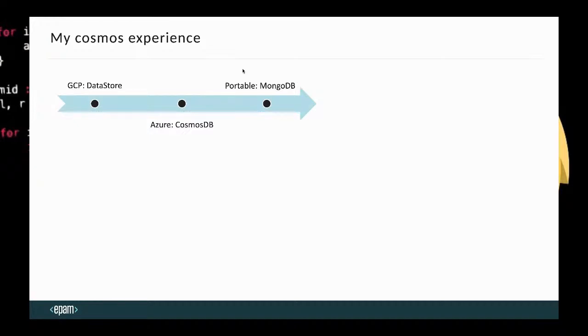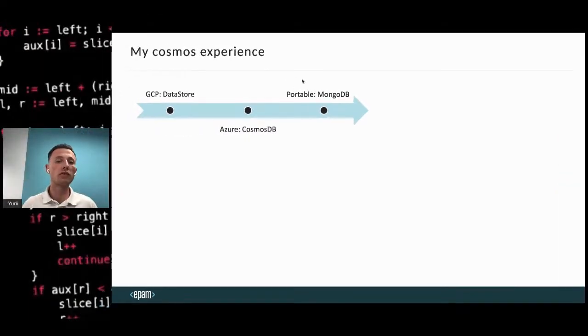As one of the steps of the migration, we decided to move to Azure, and since we know that CosmosDB supports the Mongo API, this next step of the migration was going to go very smoothly. But this way takes a bit longer than we expected.